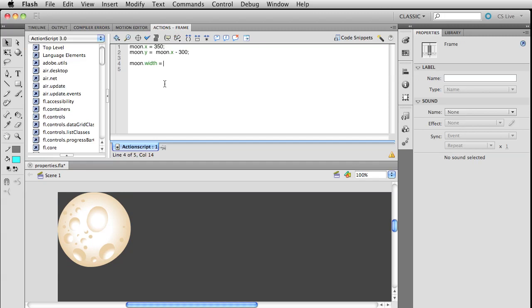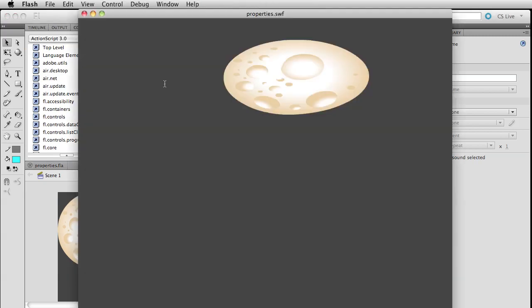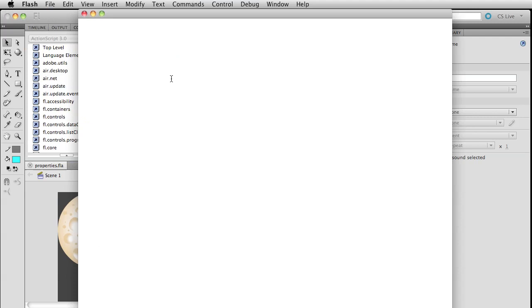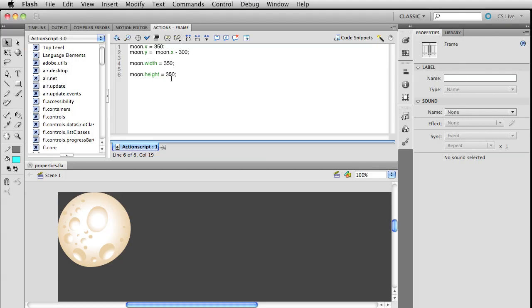And moon, this time let's make this 350. So we will basically double how wide it is. Of course, if we were to publish right now, it would look kind of weird. So let's go and write moon.height equals 350. So again, these will be kind of equal to each other. Another thing we could do is write, actually, let me just compress that a little bit. You go and put in here